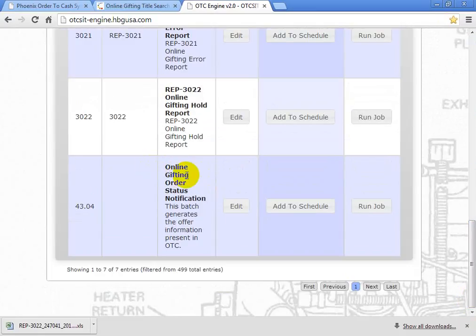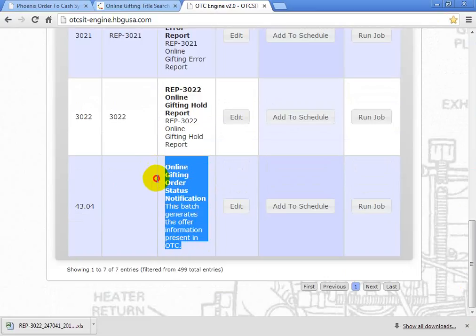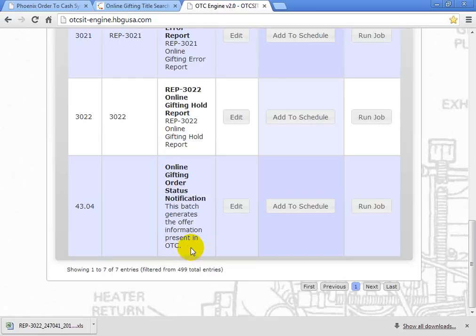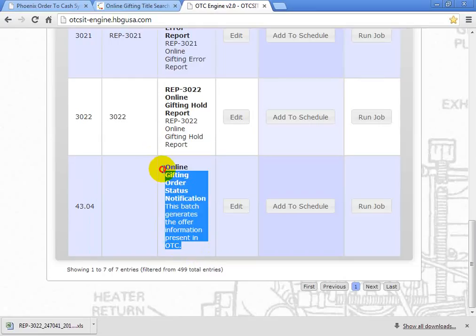There is one more job, online gifting order status notification. Whenever this job is run, it sends confirmation emails to the users. The user is whoever placed the order.